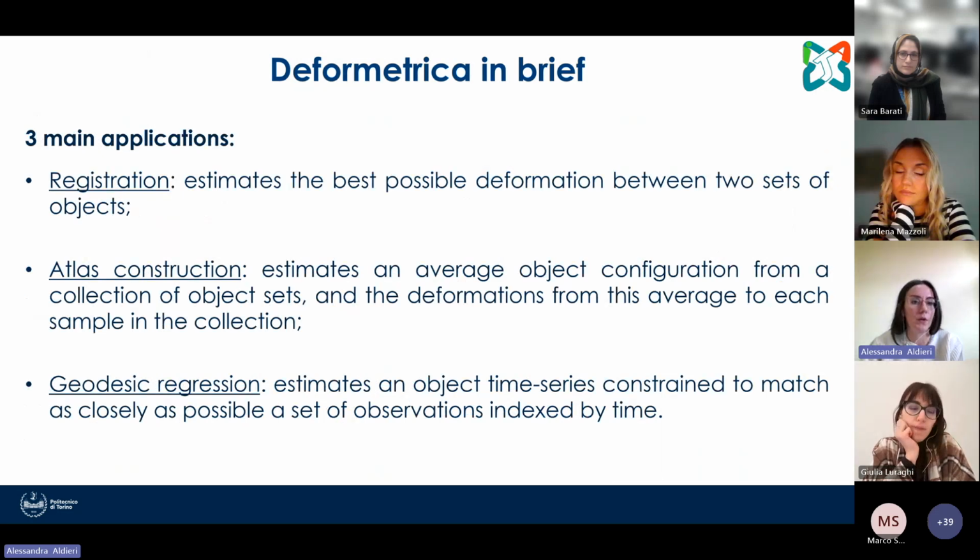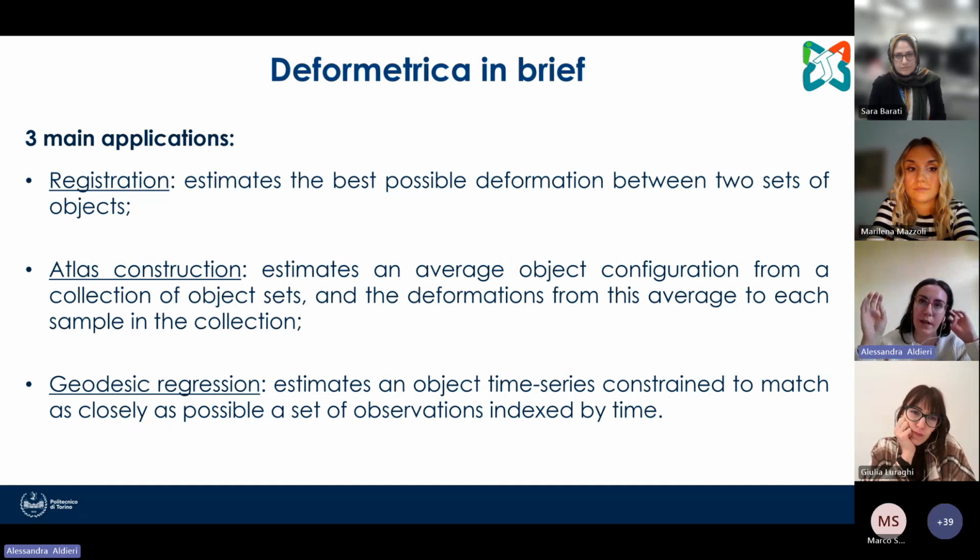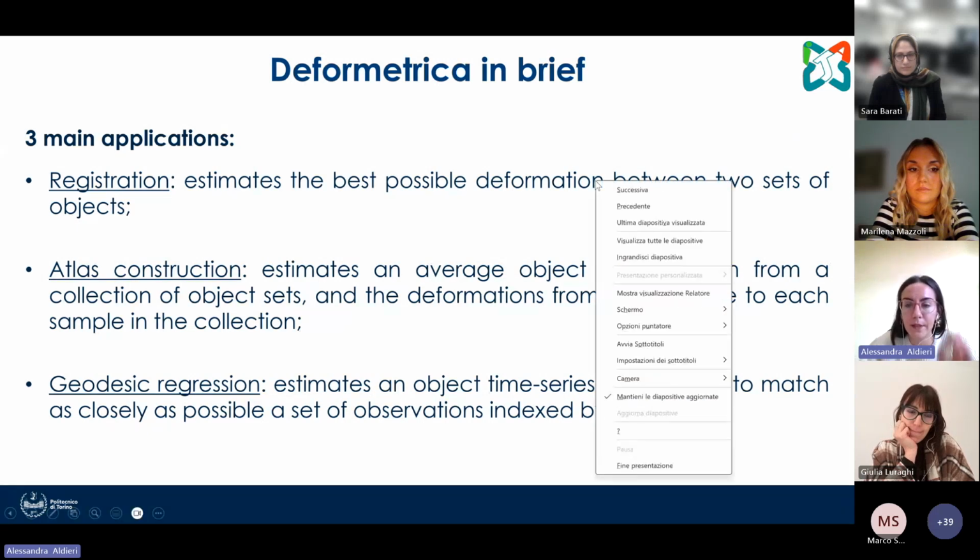What can we do with Deformetrica? Deformetrica foresees 3 main applications. The first one is registration, which means that if we have 2 shapes, Deformetrica is able to give us the elastic transformation to go from the first to the second. Then we can build